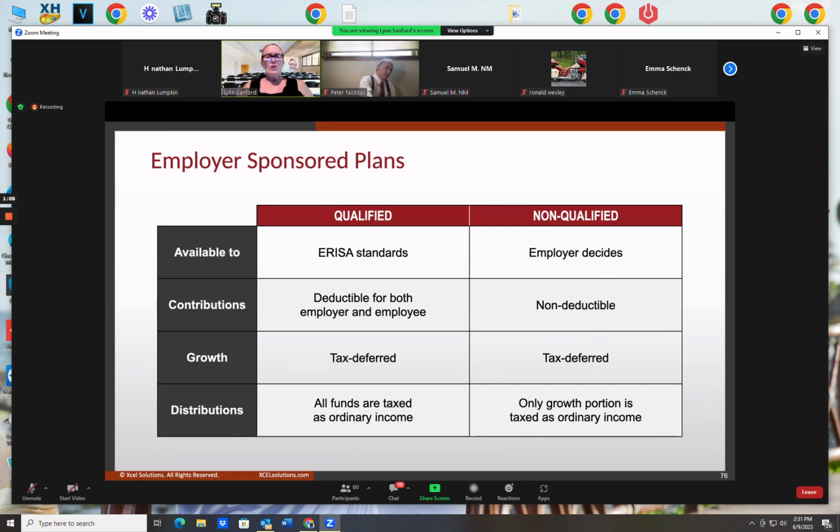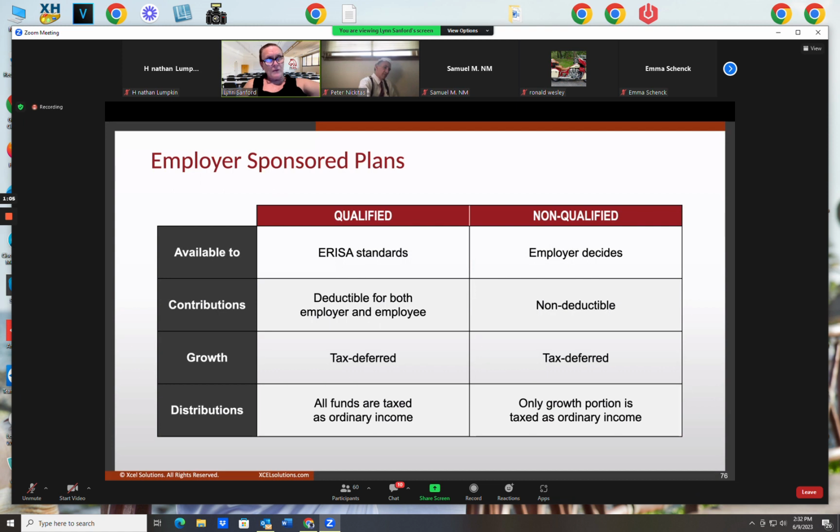Okay? First of all, the word qualified. Qualified means pre-tax dollars are going in the plan. Dollars that have never been taxed. Those are qualified. Also, dollars you might put in a plan and be able to take a tax deduction off your 1040 form means those are qualified monies, pre-tax dollars going into the traditional IRA account. Let's say, for instance, you establish a traditional IRA account, make a contribution to it, and take a full tax deduction off your 1040 form. Then that money that went in your traditional IRA account is known as qualified money. It's money you've never paid tax on, but you got a tax deduction for putting it in there.